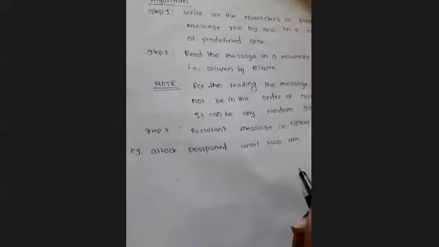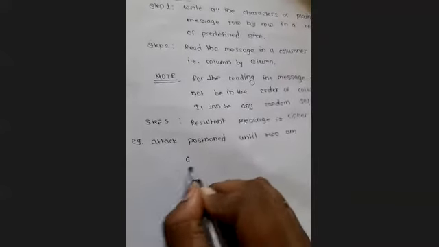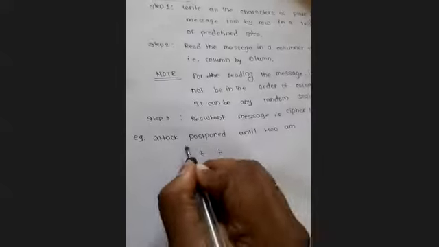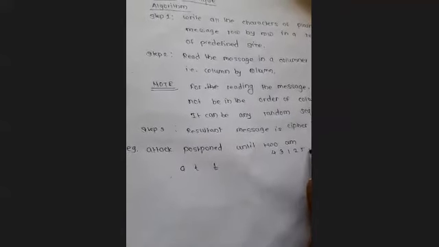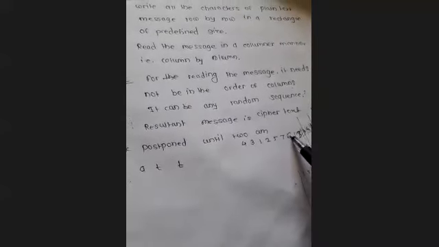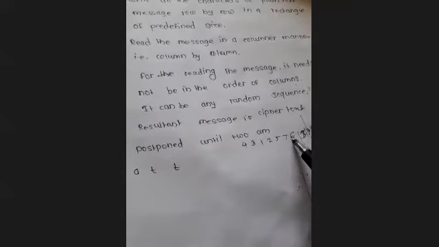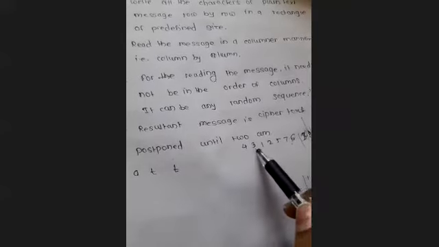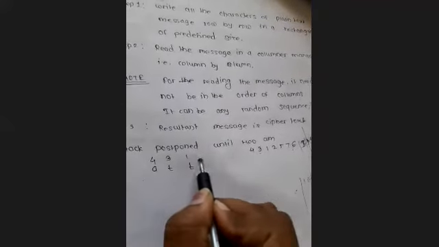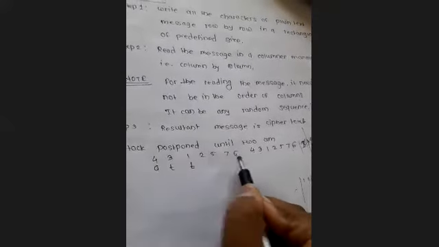Suppose I will choose 7 columns. So I will write in the row manner ATTACK. And I will select the key like 4 3 1 2 5 7 and the 6. Okay, this is my key, 1 2 3 4 5 6 7. What did I do? I took 7 letters, 7 numbers, and generated this key. This is my random key. You can create your own. 4 3 1 2 5 7 6.